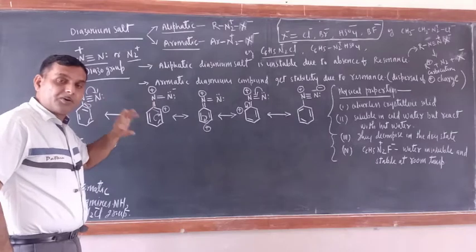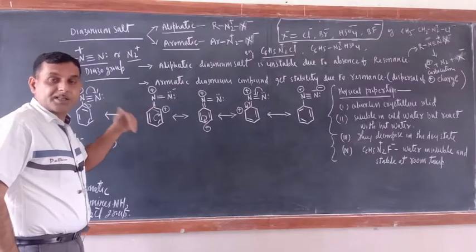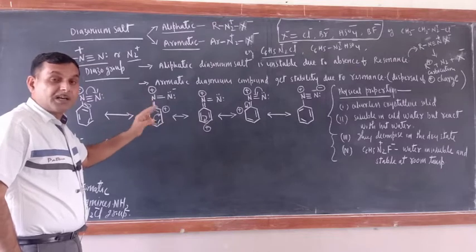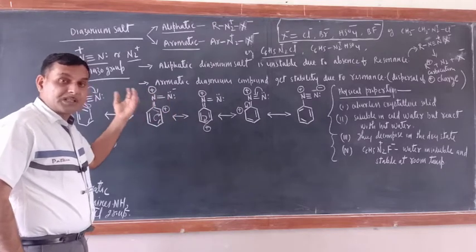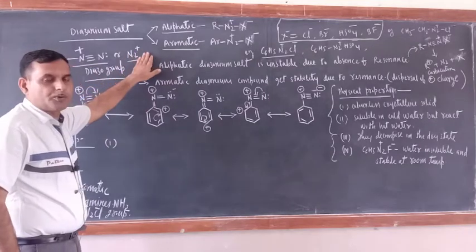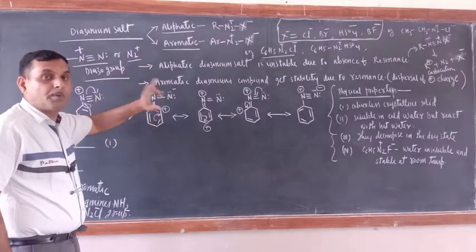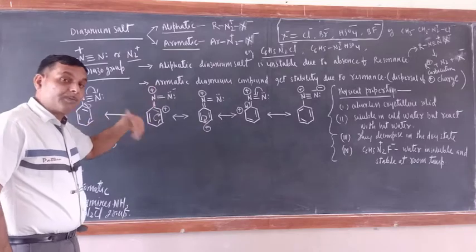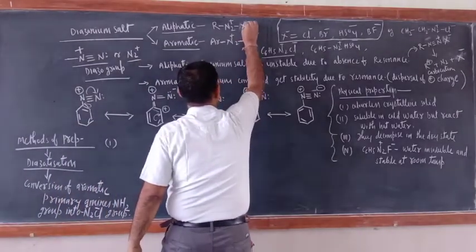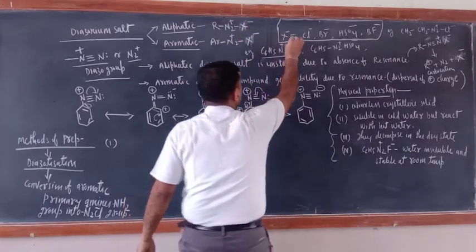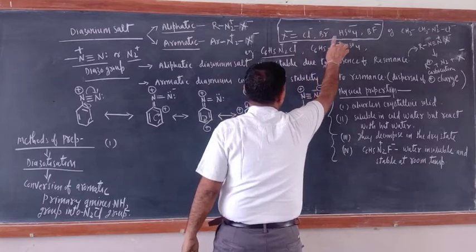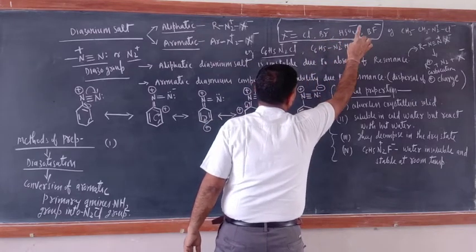So basically the functional group is the diazo group only, that is N2 positive, diazonium salt, because one more negative group is also getting attached with them. After N2 positive, one more group will be bonded, and that must be negative only. So here X negative does not mean halogen. X negative means Cl negative, Br negative, HSO4 negative, BF4 negative.